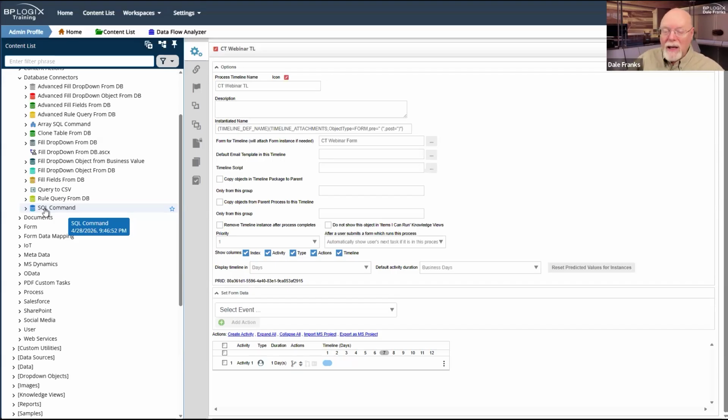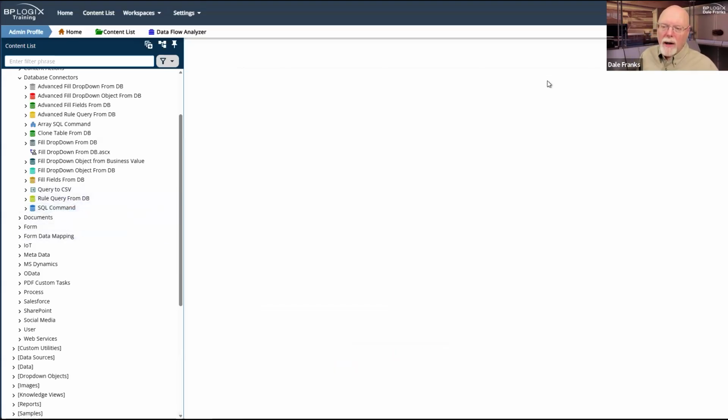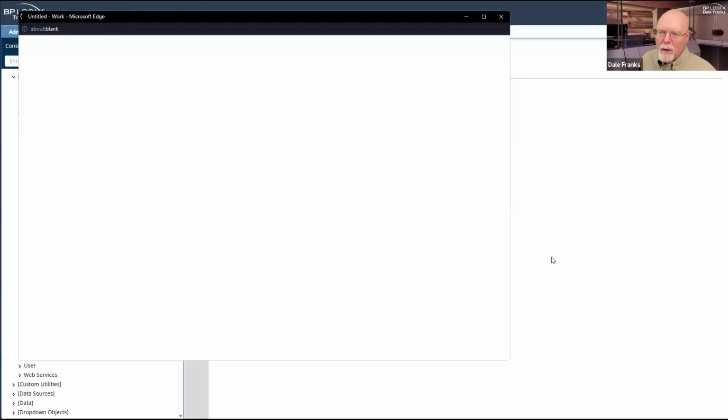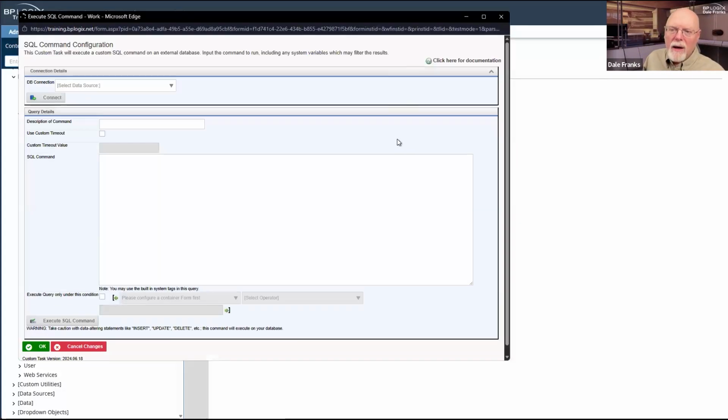So if you were going to pass anything other than a select command or a stored procedure that solely returns data, then you want the SQL command custom task, because the SQL command custom task is what enables you to write those SQL statements. Now, in the next 2 or 3 weeks or so, we're actually going to be talking about SQL commands and running SQL commands and sort of the basics of SQL in Process Director. So if you're going to do an insert, update, or delete command, then it needs to be done via the SQL command custom task.